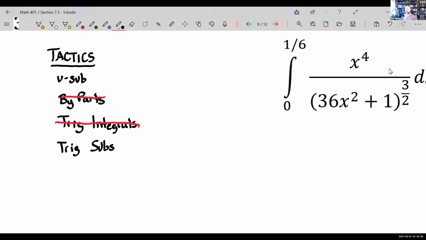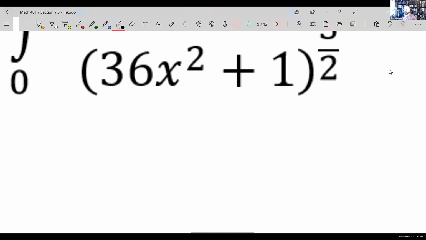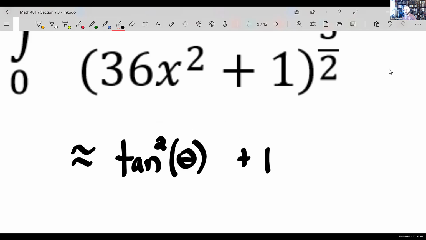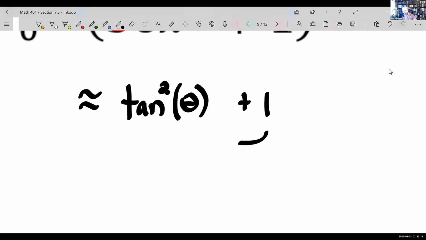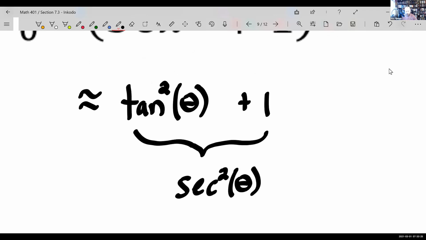All right, so trig substitutions. This is what I'm going to use here. Notice that the denominator is a sum of squares. And if you think about your trig Pythagorean identities, it's not exactly, but it sort of looks like a tangent squared of theta plus 1. If I traded it out for a tangent squared of theta plus 1, then that would collapse to a secant squared of theta,